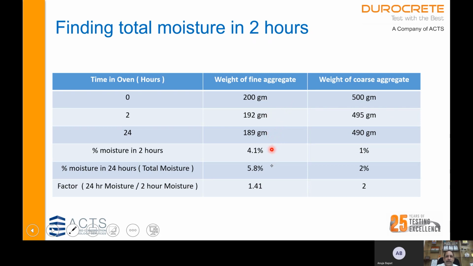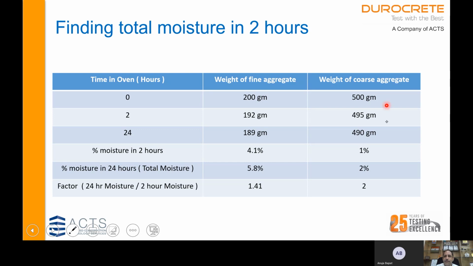So at 2 hours the calculated moisture is 4.1%. And after 24 hours the moisture is calculated as 5.8%. So 5.8 divided by 4.1 is 1.41. So you can find the total moisture by finding the moisture after 2 hours, which is 4.1%, and multiplying it by 1.41. Similarly, for coarse aggregates, you take 500 grams, heat it in a ventilated oven, and after 2 hours it becomes